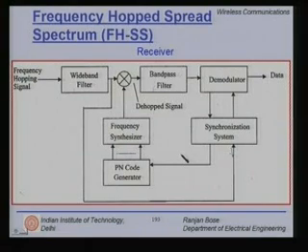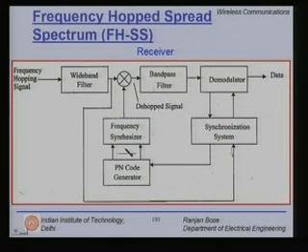Let us look at the receiver for the frequency hopped spread spectrum technique. You have the frequency hopped signal coming. I have to pass it through a wideband filter, right? So I need something which is broad wideband at the RF. Now again I must have a synchronization system, and I must use the PN code in order to synthesize the same frequency. I multiply, pass it through a band pass filter and demodulate it.